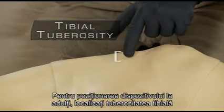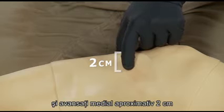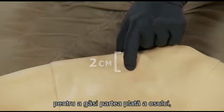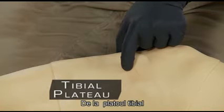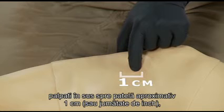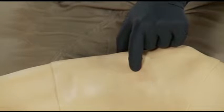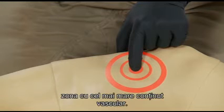For adult placement, begin at the tibial tuberosity and go approximately 2 centimeters medially or toward the inner part of the leg to find the flat portion of bone. This is called the tibial plateau. From the tibial plateau, go up approximately 1 centimeter or 1/2 inch proximally toward the patella. Our goal is to deploy the needle through the thinnest portion of the cortex and in the area that contains